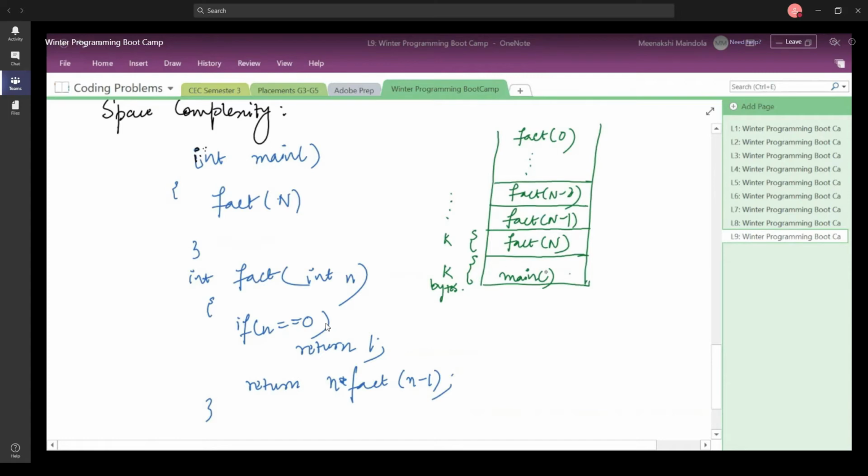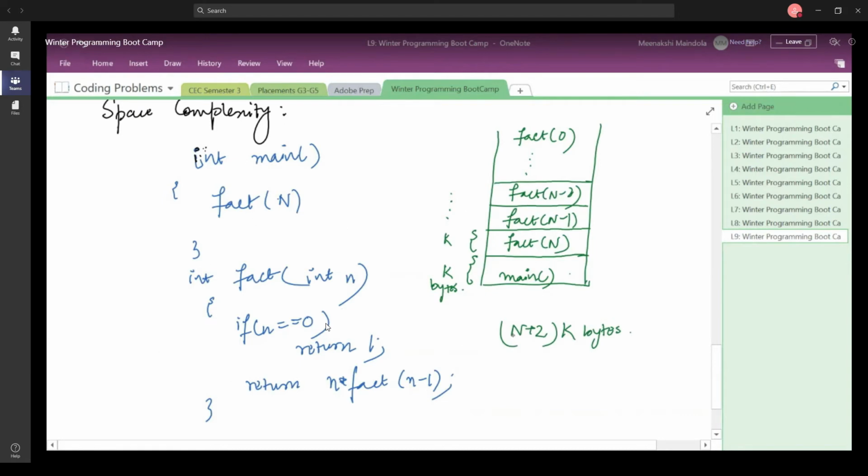So if you include these n calls, which are basically n plus 1 calls as we saw, plus the main function, you have n plus 2 calls into k bytes, which is your space complexity.